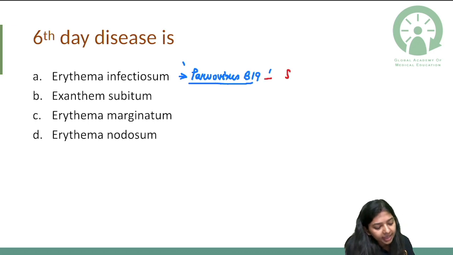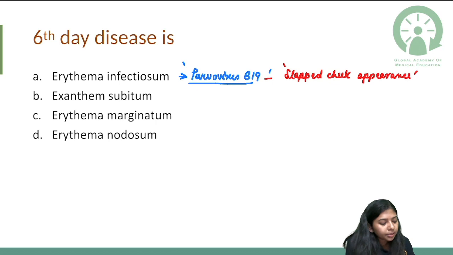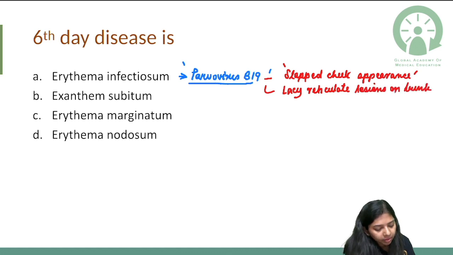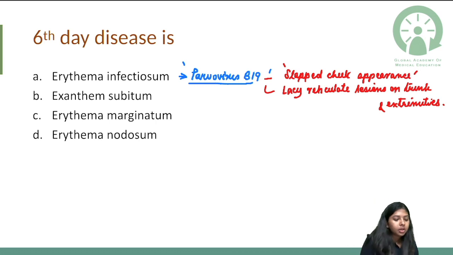You get a slapped cheek appearance here, right? And you get lacy reticulate lesions on trunk and extremities, right? So slapped cheek appearance and lacy reticulate lesions on trunk and extremities you get in erythema infectiosum,